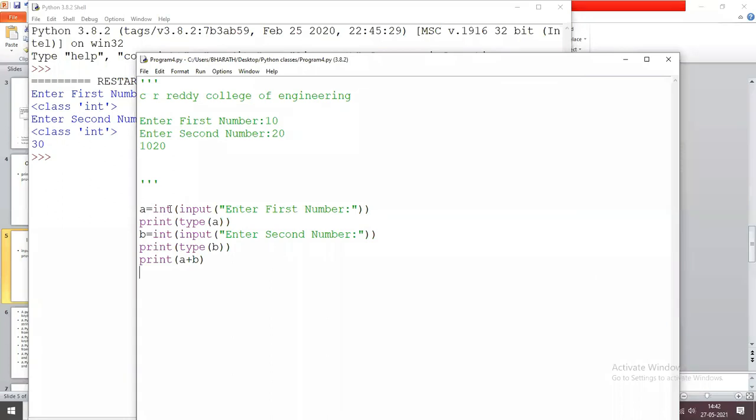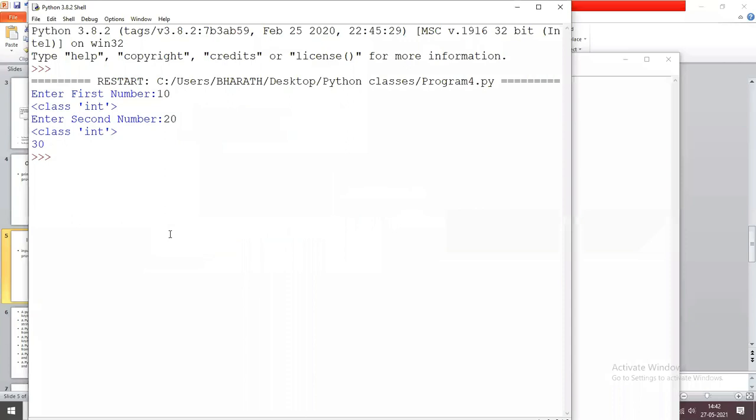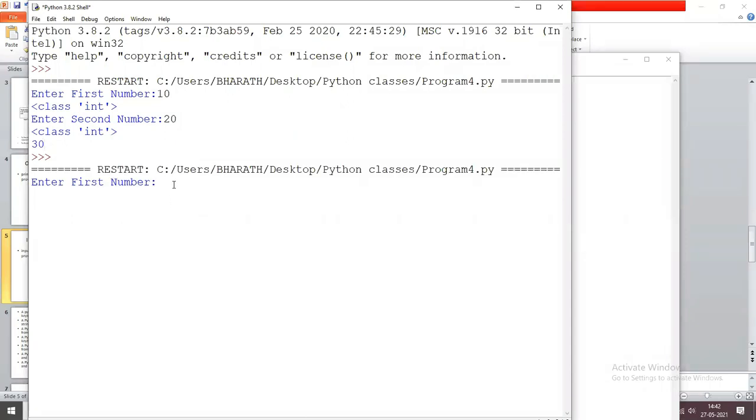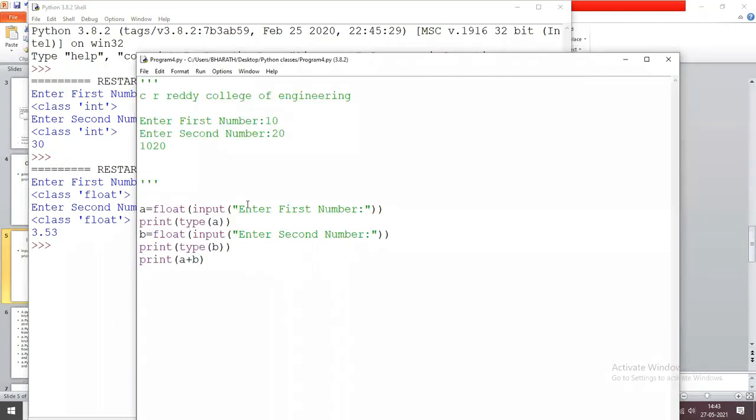Similarly, you can convert it to float also. Float. Enter a number, enter 1.23. So 2.3, okay, so 3.53 is the answer. For example, here I am taking this A value as integer.